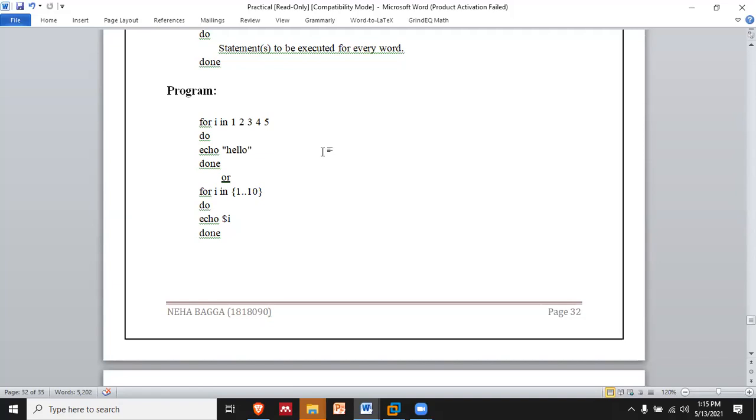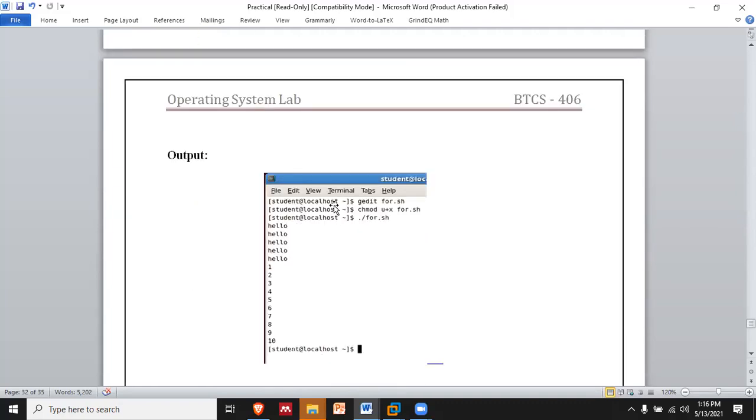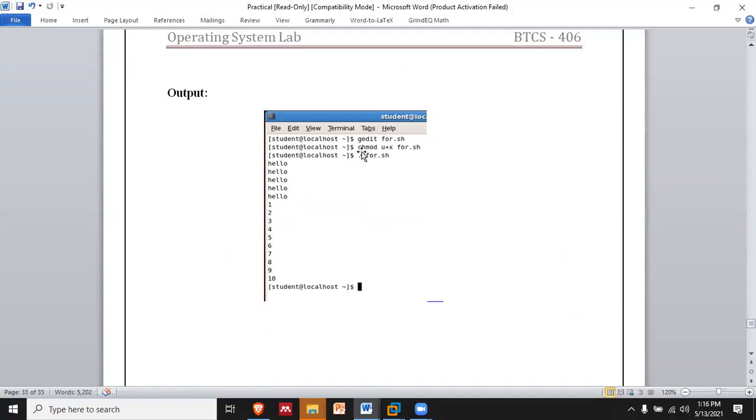In this, we straightforwardly write for, then space, then i in, the values 1, 2, 3, 4, 5, and it is going to print hello, and done. Or we can write for i in {1..10}, do echo $i, which means it is going to print the numbers, and done. So the output will be like this, as you can see.